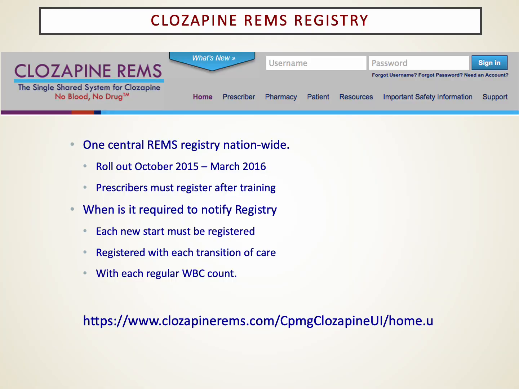There's a national registry that's been in place now for about 4 or 5 years. And it's one registry as opposed to there used to be a couple of different registries for clozapine. And so clinicians who use clozapine need to register, make sure the patient's registered. If you inherit a patient on clozapine, you are required to make sure the patient is registered and that you get a white blood cell count and you look at what their history has been. Has there been an interruption in their clozapine therapy in the last 48 hours? If so, we'd have to retitrate them after we get them confirmed at the registry.